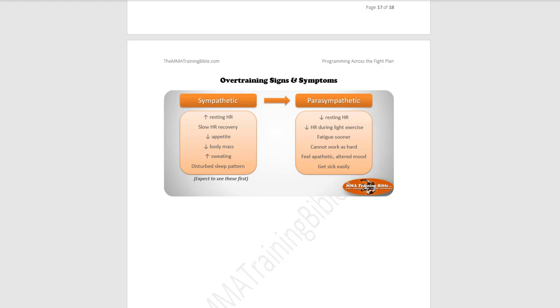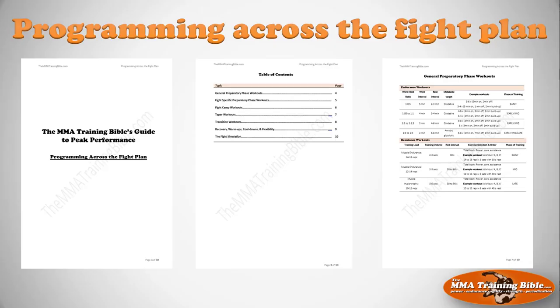You can increase the sessions per week or even per day. You can increase the training load, that's the weight or resistance you're using, but remember, you must be cautious and conservative. You can progress by increasing the overload by using a couple rules that we talked about. You can use a 2-for-2 rule or the quantity of load increase. Okay, so let's get back to the lecture and get on with the next phase, which involves walking you through an example of how we actually program across the fight plan.